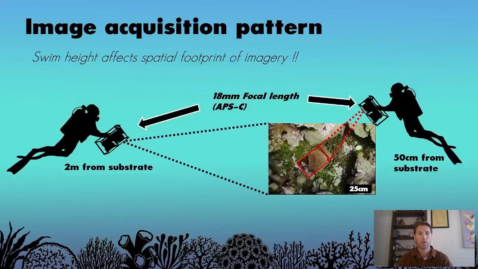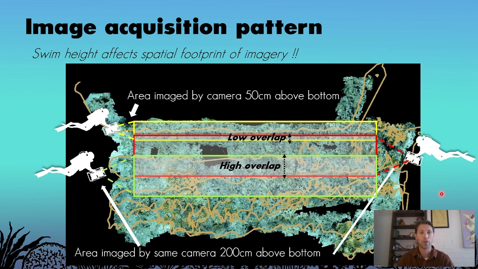When it comes to maintaining overlap, equally important as our swim pattern is the distance we are from the bottom, as this also affects the spatial footprint of our imagery and thus the overlap between images. This is true regardless of the camera or lens type that we are using. Importantly, if we do not maintain consistent height above the bottom between passes, we risk that images from one pass will cover a much smaller footprint or different footprint than images from another pass,